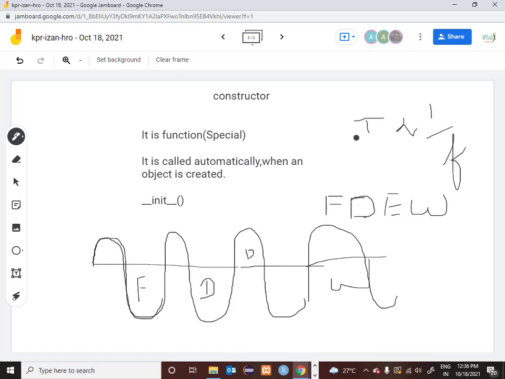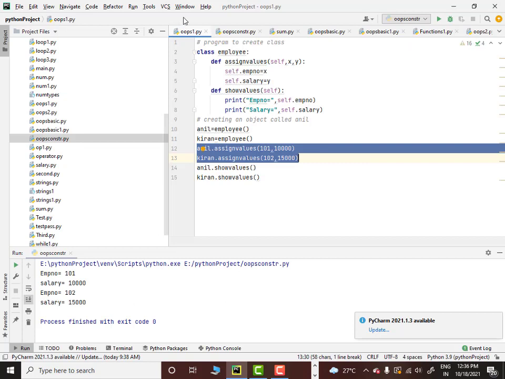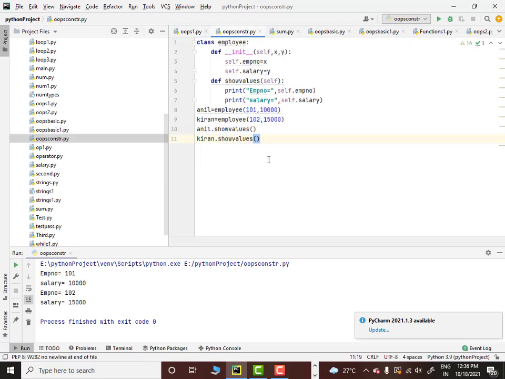So if the frequency decreases, then the time also decreases, inversely proportional. So the time taken will be decreased. This is how it goes. So constructors are basically used to improve the code efficiency of the program.